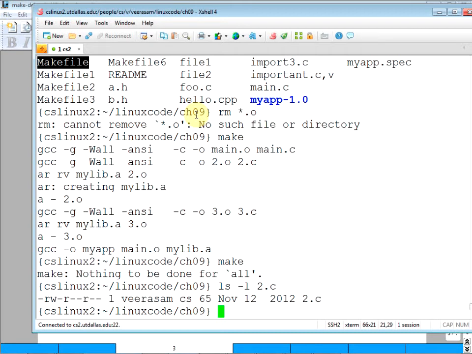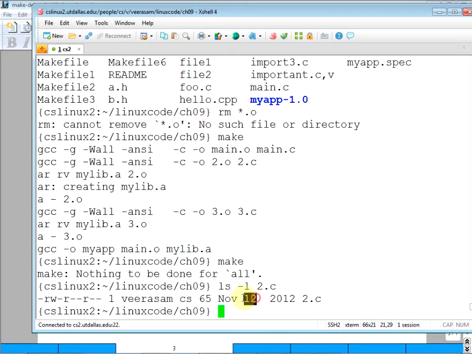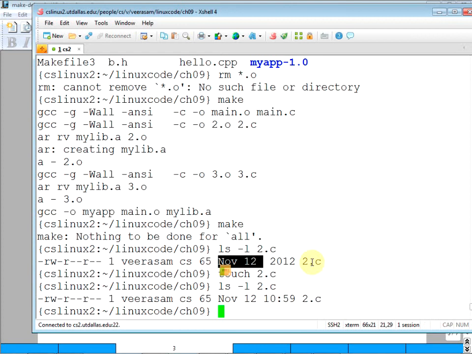Okay, number 12. This is today. I guess that may be the access time. See, there are several times, right? Let's do touch 2.c. So it says the number 12.